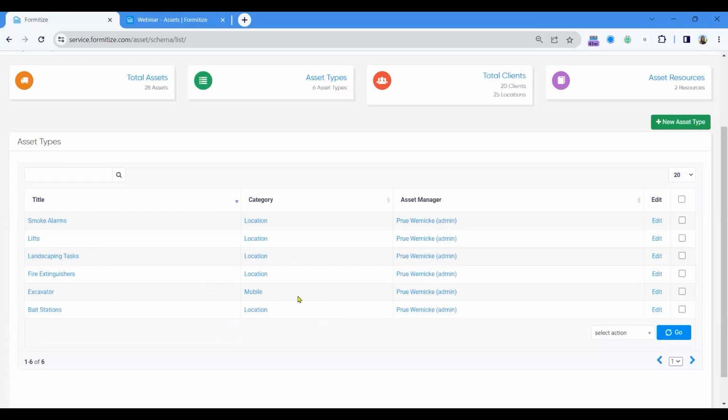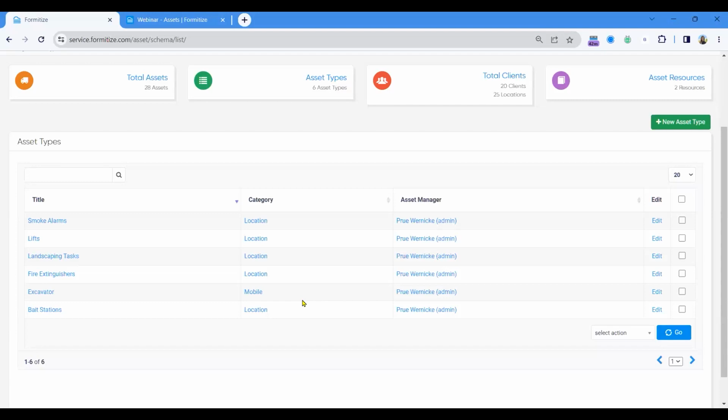assign these to jobs. So it's really useful in terms of showing where your different vehicles, for example, are assigned to within your job scheduler, or if you have specific equipment that you want to see when it is available or when it's not available, you're able to view that information in the scheduler when it is set up as a mobile asset. For the example that we'll work with today, we'll look at setting up a mobile asset to